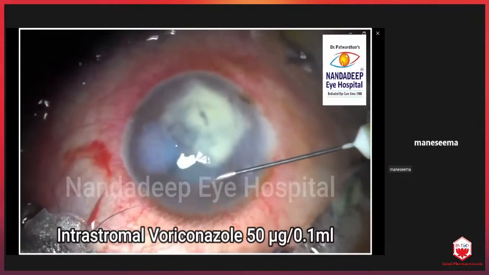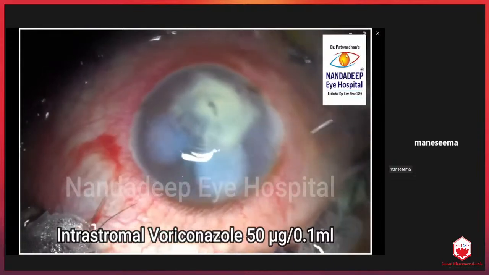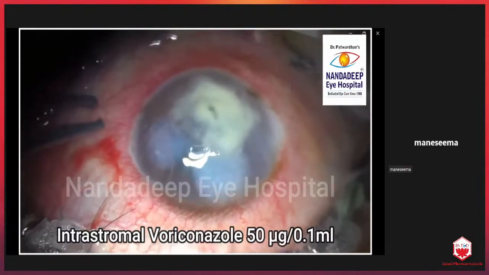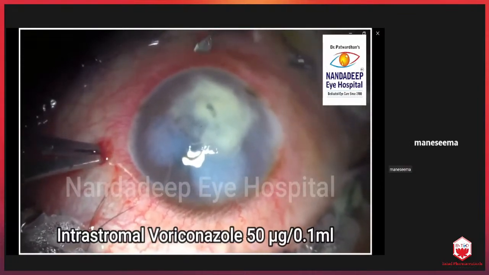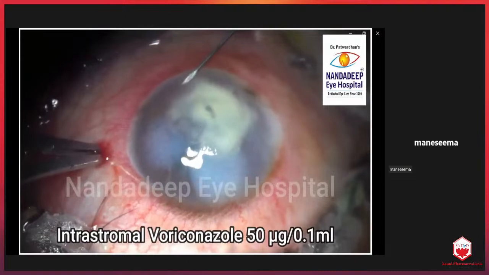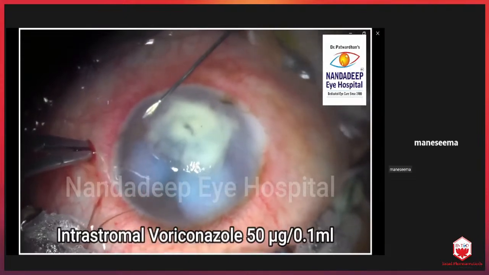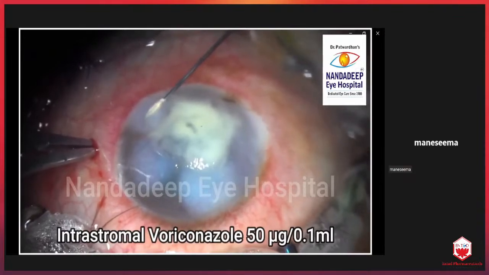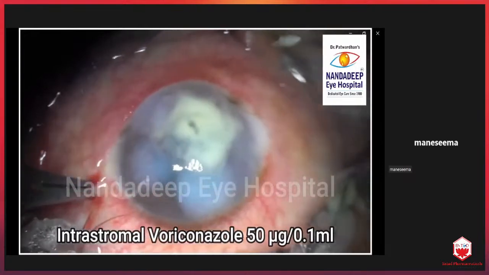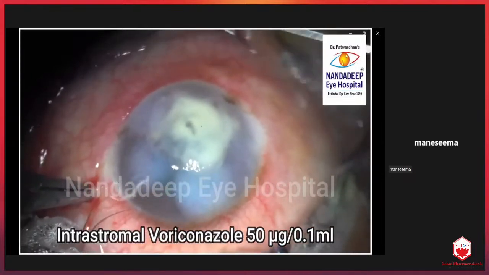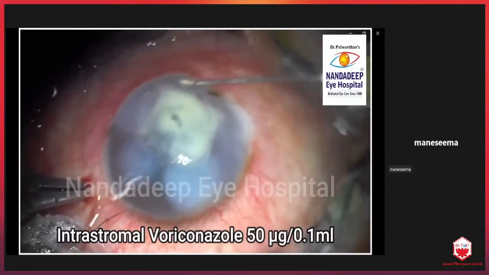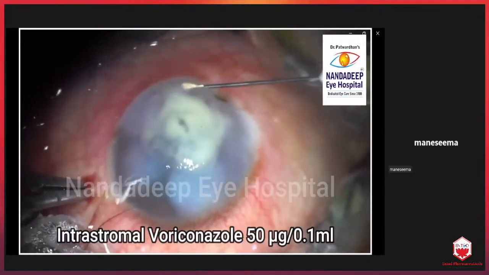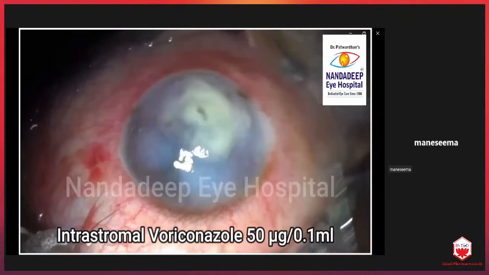Give the injection 360 degrees around, and you have to hydrate the stroma, and that hydration should reach the ulcer at that point. And if you see, the bevel end is directed towards the ulcer. So that is how you are directly giving the drug depot injection in that infiltrate. As that hydration reaches the infiltrate, it is giving more of the drug at that site. So mostly cover it from all sides as much as possible.